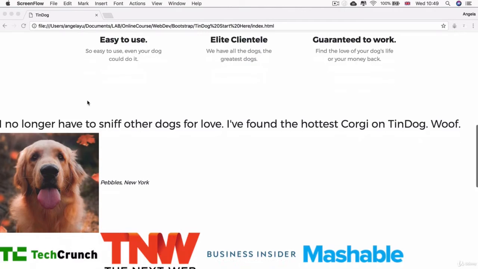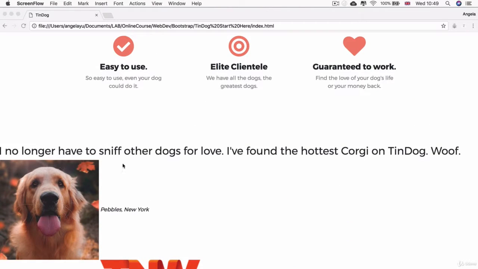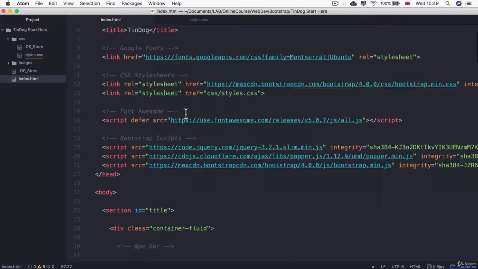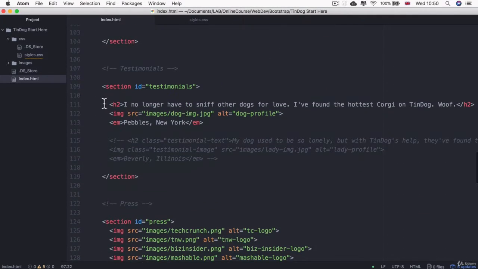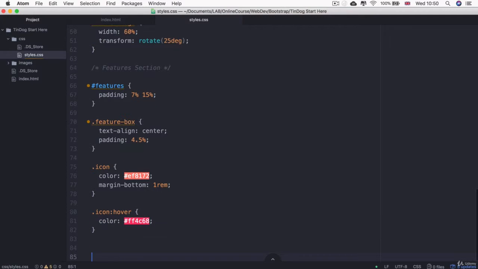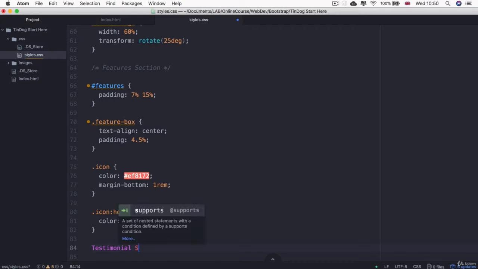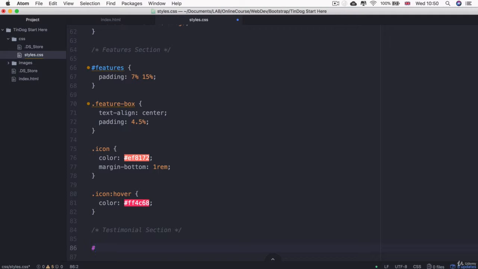So similar to the feature section, we need to have a bit of padding here. It doesn't look very good to have long lines of text and images and text going right up to the edge. It feels very pure HTML. So let's go ahead and go into Atom, and we can see that in our testimonial section, we've got a section with the ID testimonial. So we can go in here and create a new comment. So this is going to be the testimonial section. And we're going to comment that out, and then we're going to target that ID called